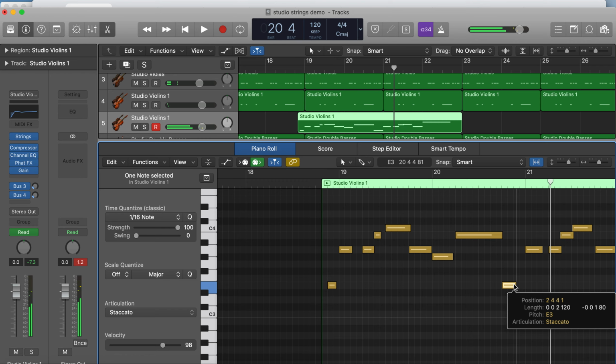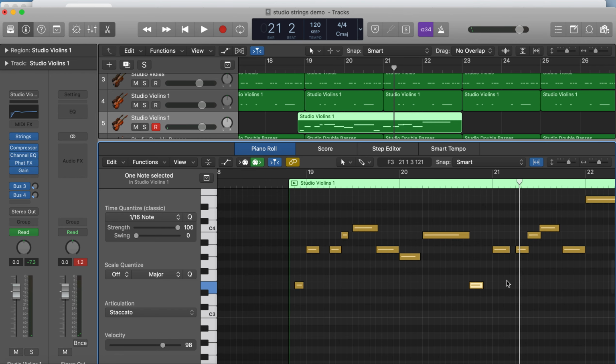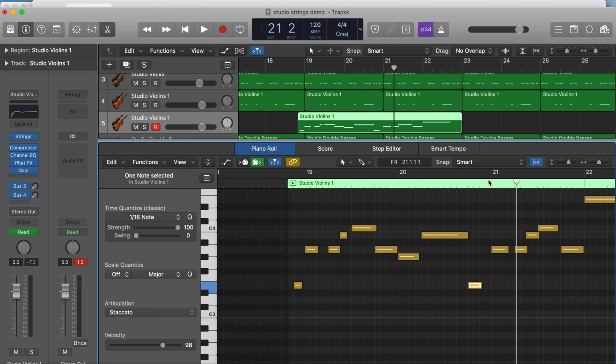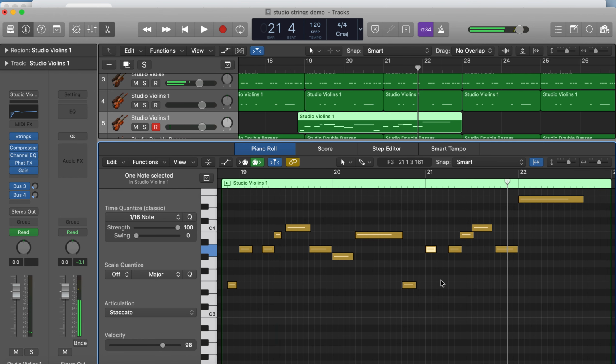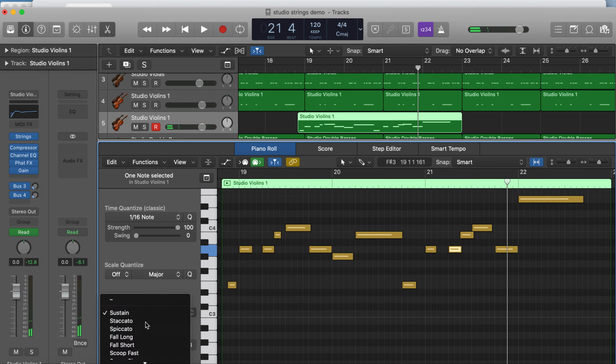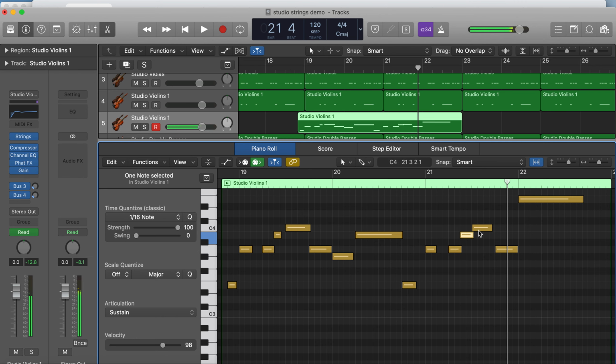So if you blend together, changing and manipulating these articulations, making sure the notes are the right length, you will start to get a much more realistic